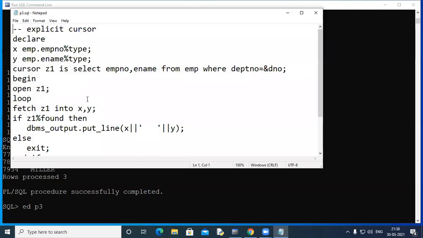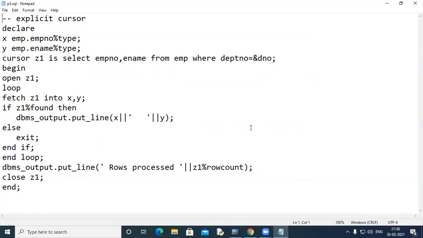Yes, I'm waiting for your answers. What to write if I need to process only 2 rows, whatever number of rows are associated with the cursor. I just want to handle 2 rows. No answers? I don't want to process all the rows. If I keep on fetching and if it keeps on finding, it will keep on processing.